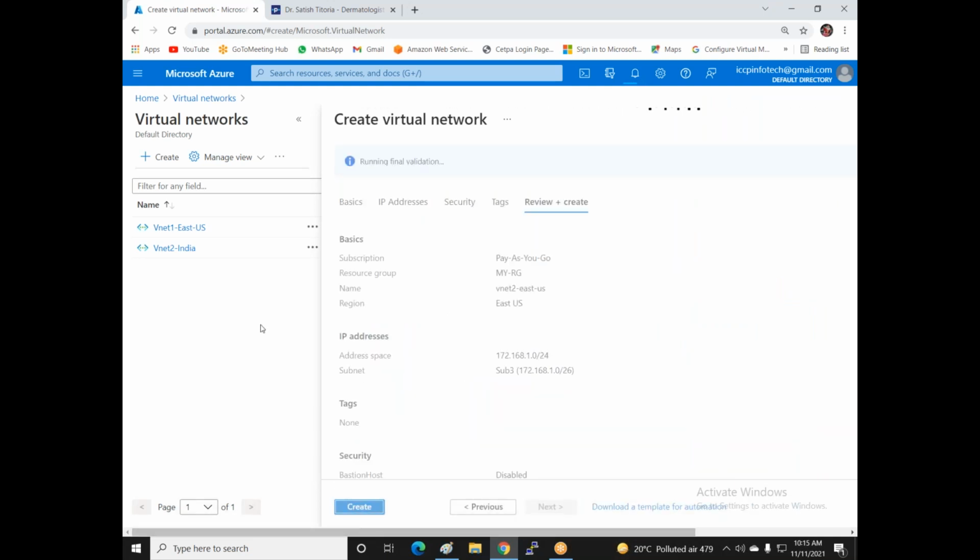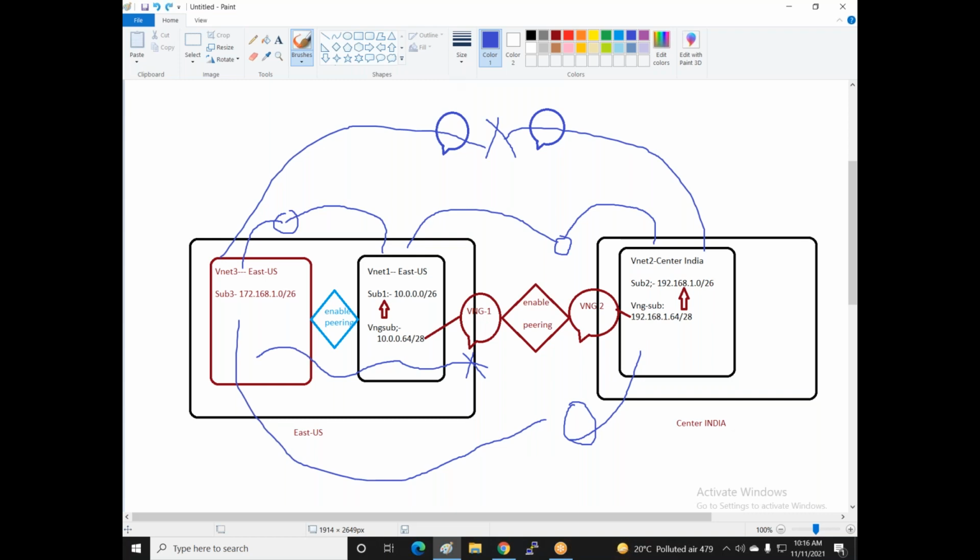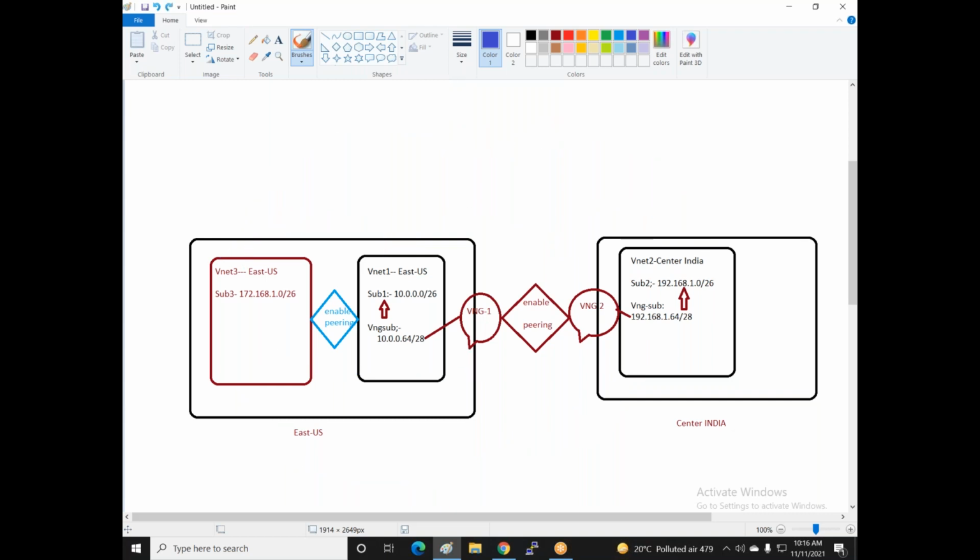So as per my topology, I created VNet 1, VNet 2, and VNet 3. Got my point?